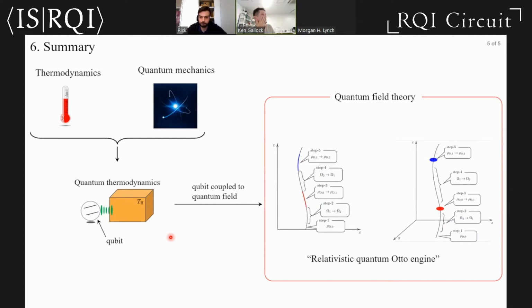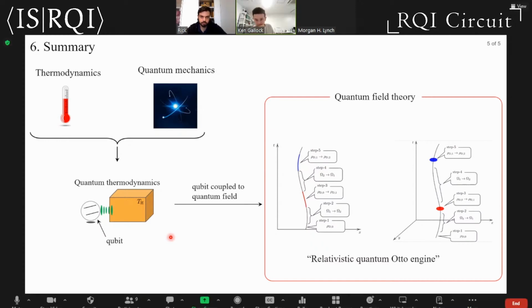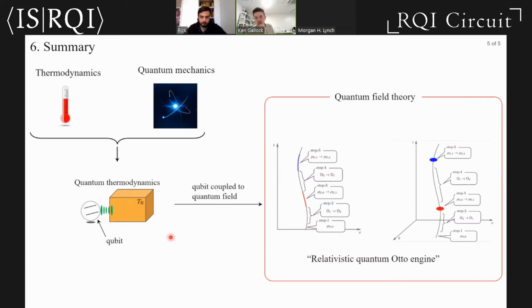Oh, okay. Well, first of all, it doesn't have to be KMS. If your Wightman function doesn't satisfy the KMS condition, you can still do the same thing and calculate the positive work condition. In that case, it will be an effective temperature, but there is no KMS temperature limit, if you're asking something like that.